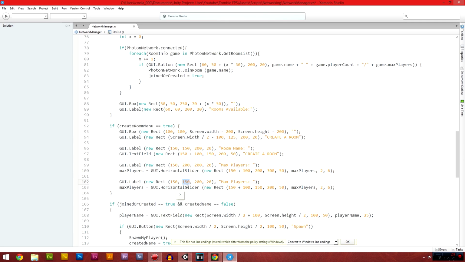Then we want to go 250, and this one is the max base toggle visibility, so visible. Oh, we'll go public